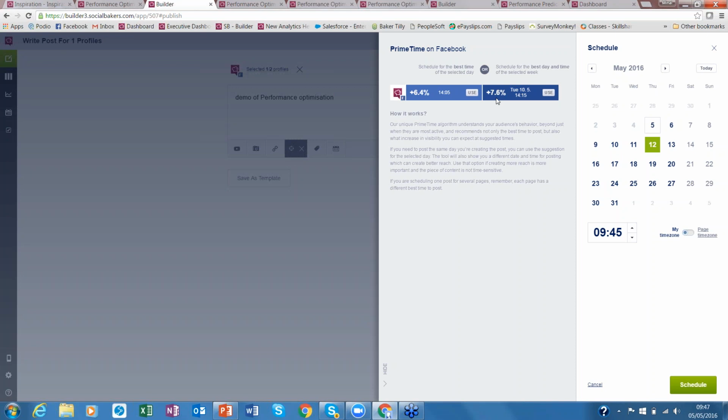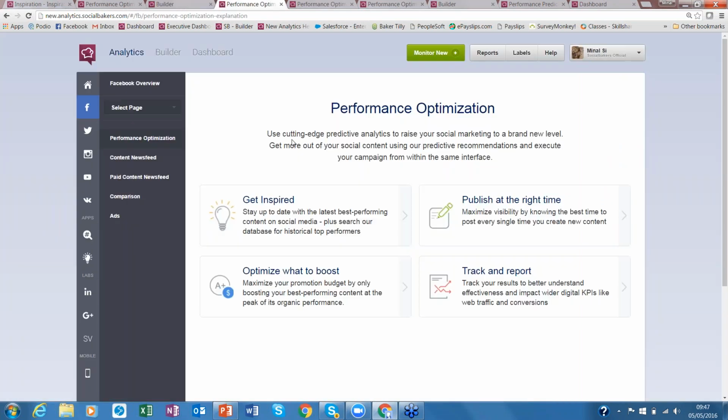So now I know, based on the data from the last 6 months, when is the best time to post for me to get the maximum visibility for my content. And I can go ahead and schedule that in. Now, once we've scheduled our content, if I go back over here to the performance optimization element,